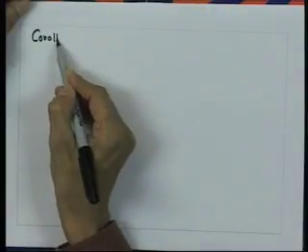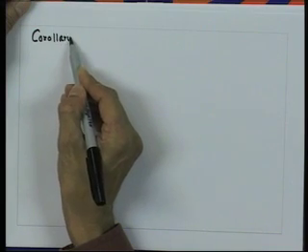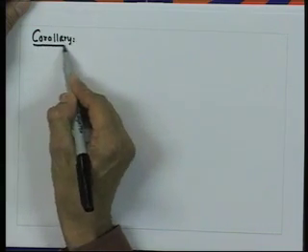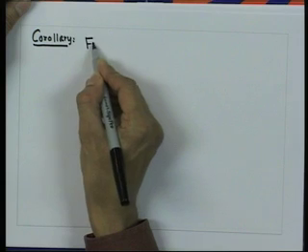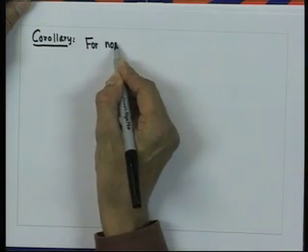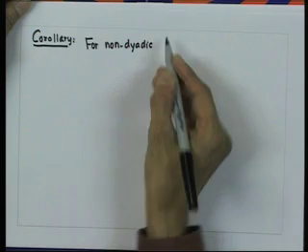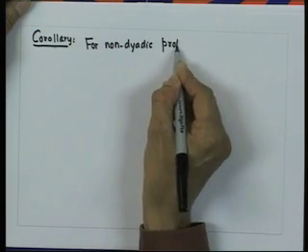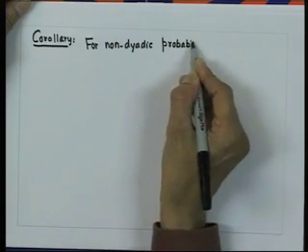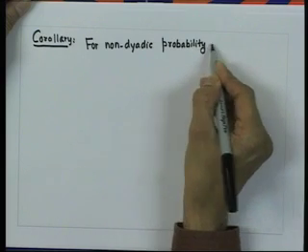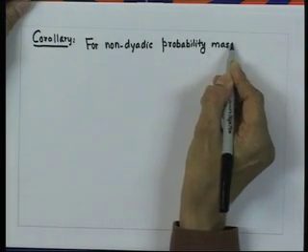So, the corollary for the non-dyadic probability mass function would be, for non-dyadic probability mass function,